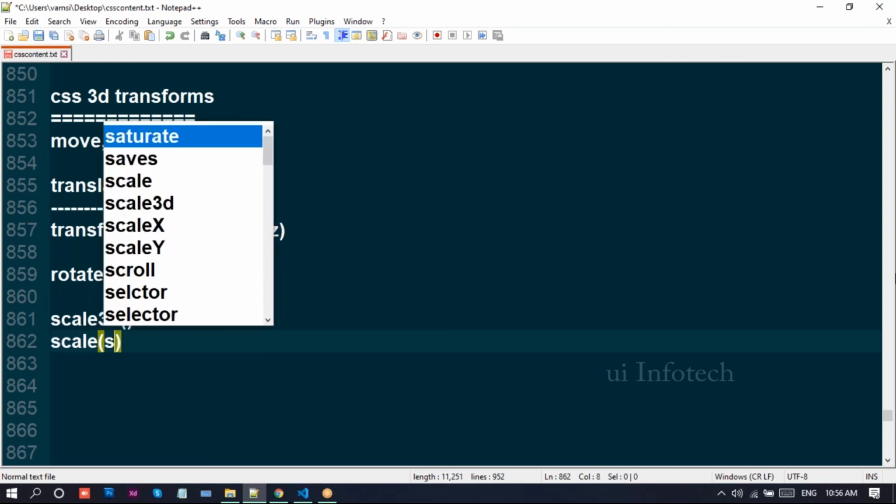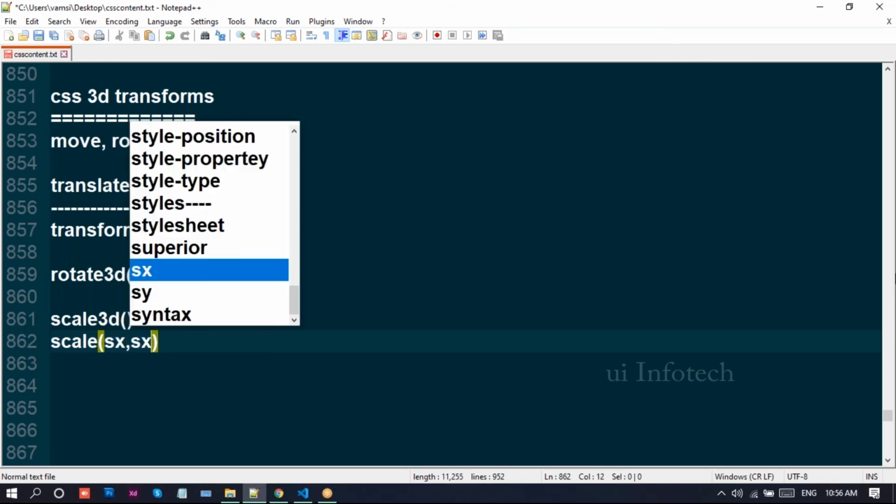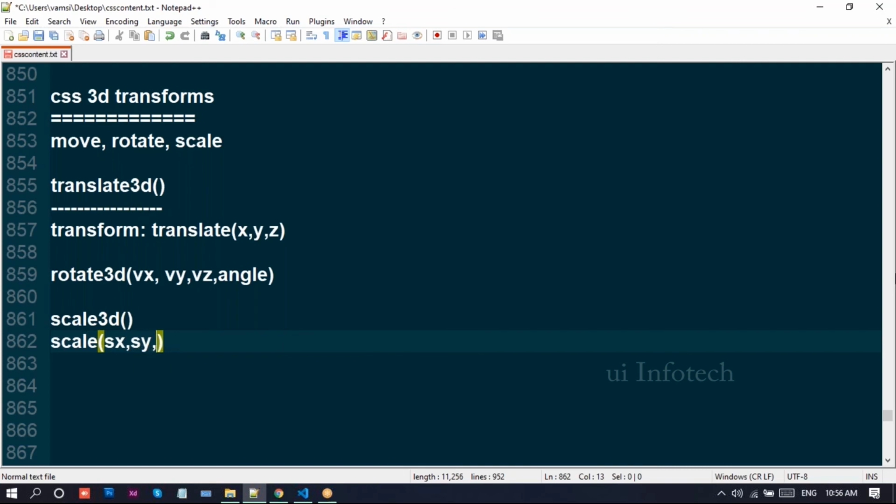sx, sy, sz. And this is a function. So it is not evident under the size itself.